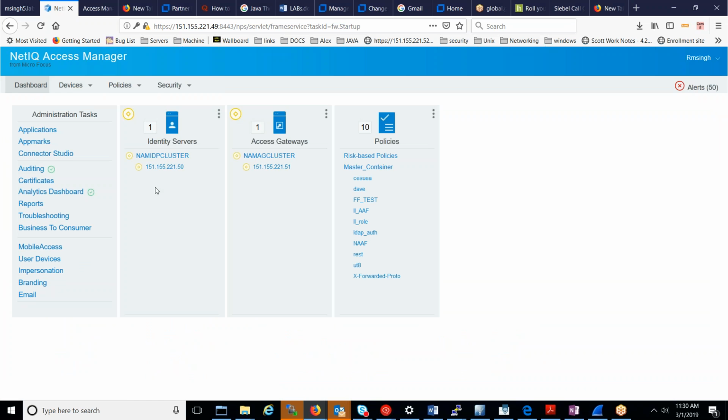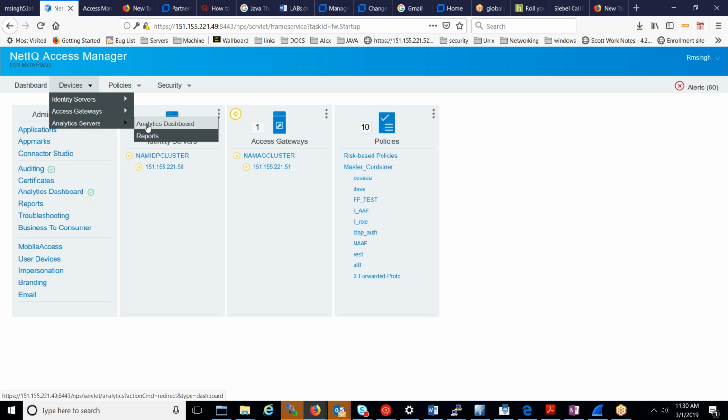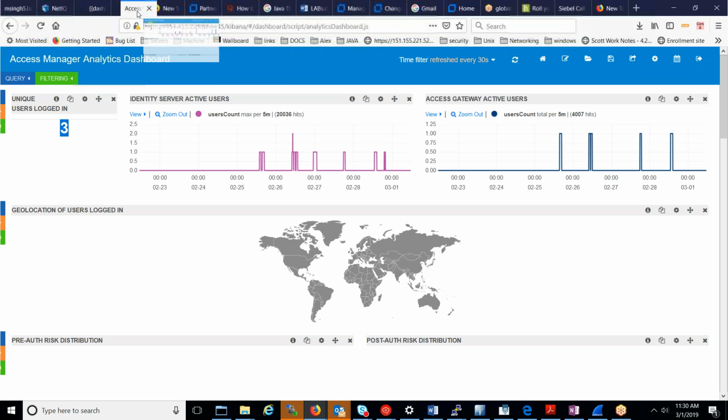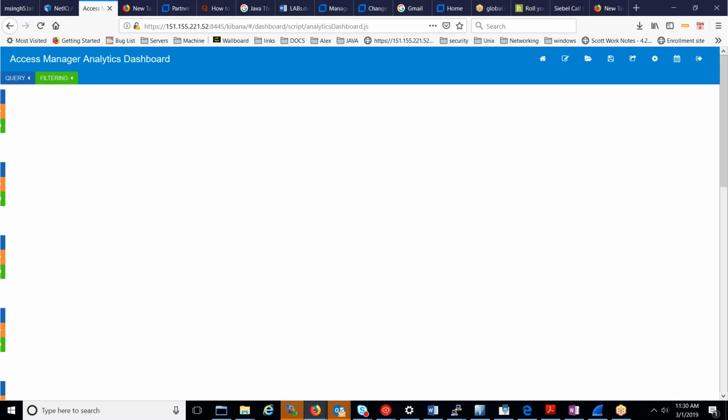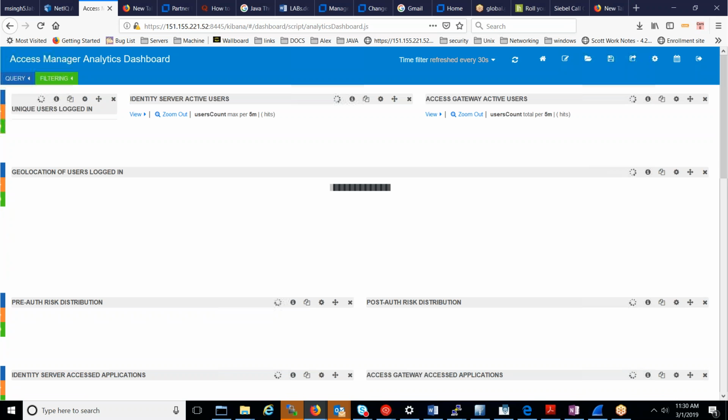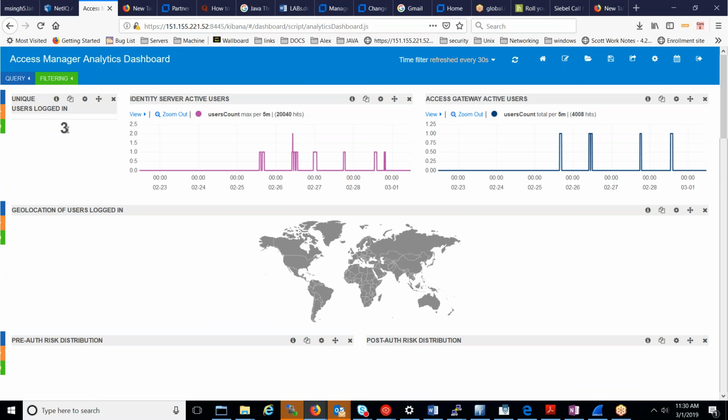And if you see this setup, it has one IDP, one Access Gateway, and one Analytics server. So if we go to the Analytics dashboard, you can see that it has 3 unique users logged in. So in this video, what we are going to do,